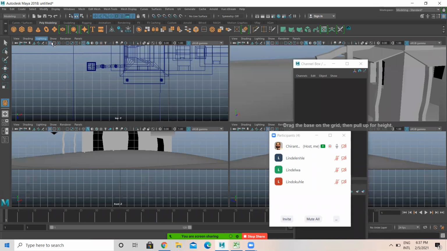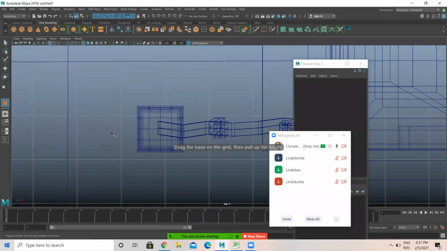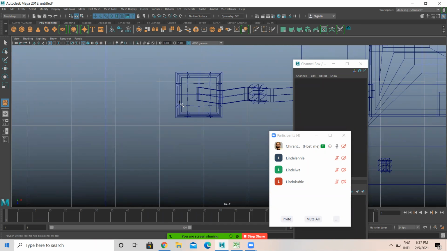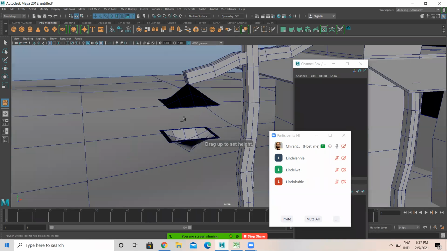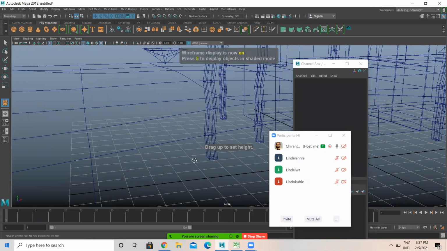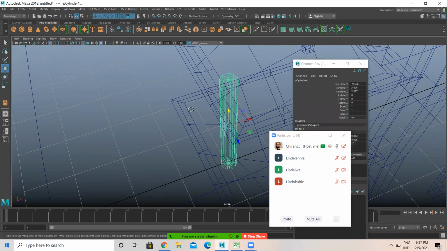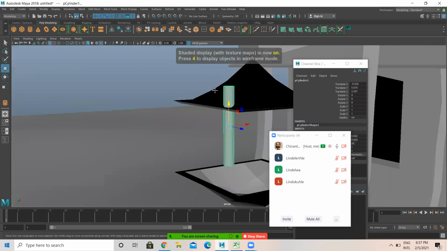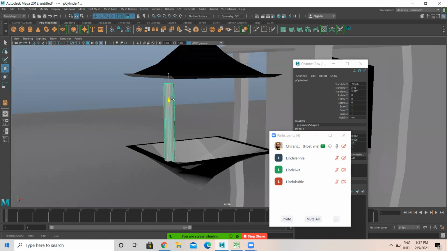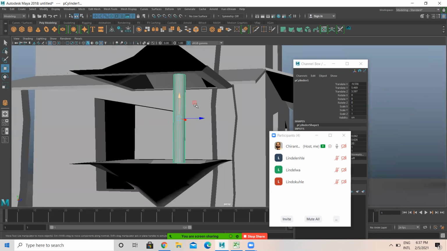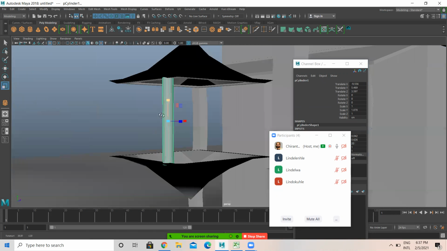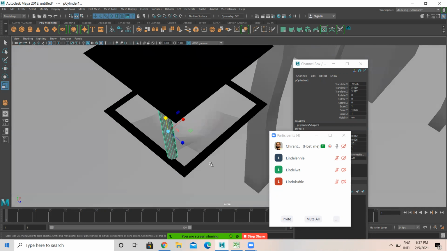After this, select the cylinder. Come over here. Just a simple cylinder. Just place one cylinder here, like this.